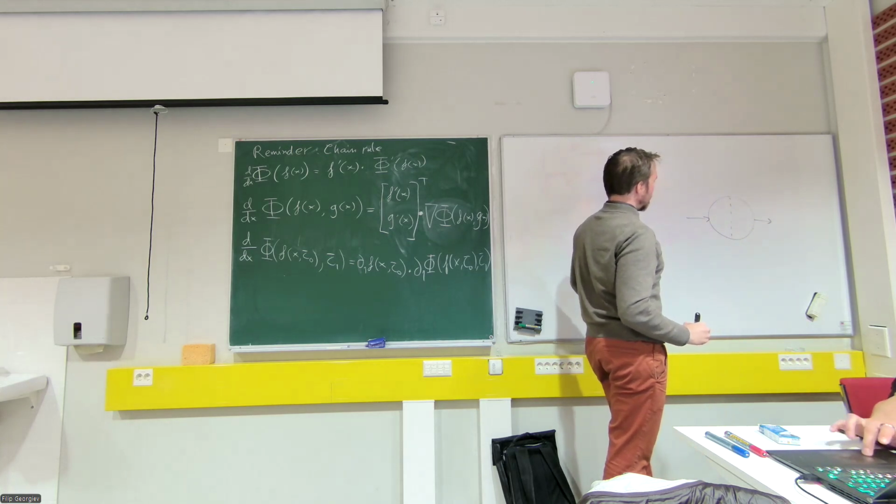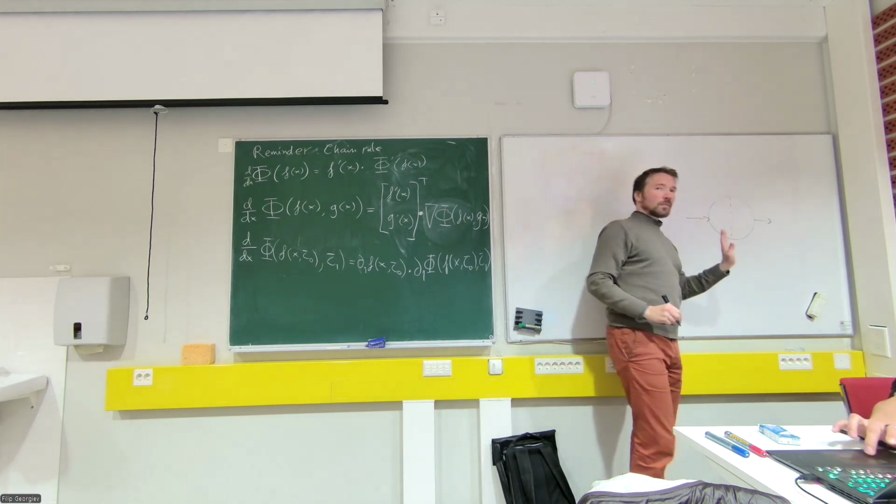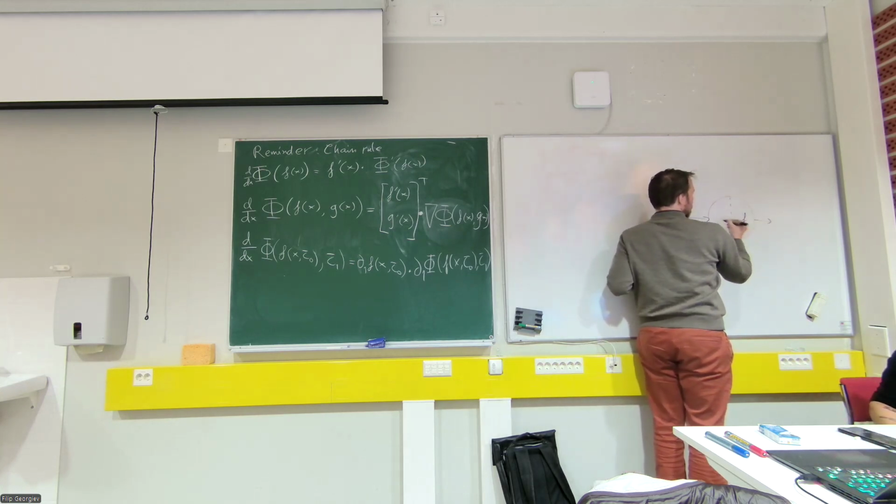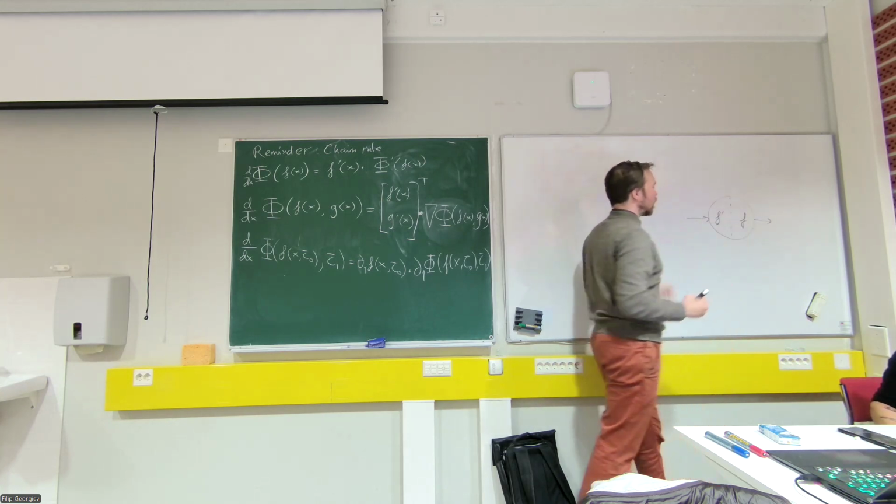Okay, one node, one input, one output, one dimension. So then it's very simple. We have a function here. We put its derivative there. And